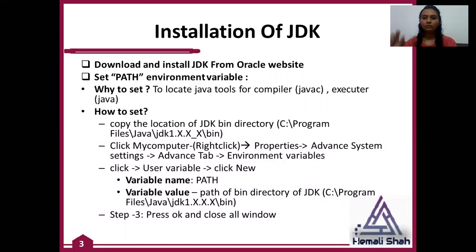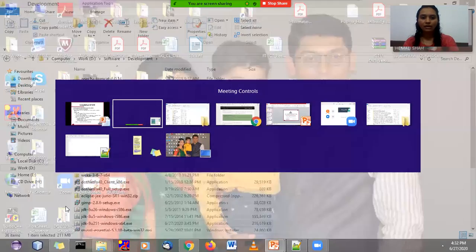The value of this variable will be used by a compiler to compile your .java files. That means it will automatically find out where javac is, and javac will be used by your computer to compile your Java code. For that, you have to set the path. Currently, I have not set the path in my computer. So what will happen in my computer?